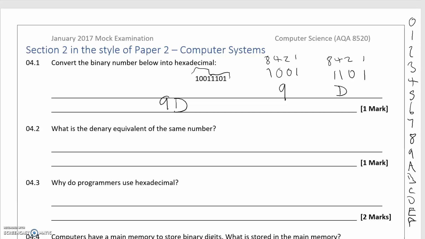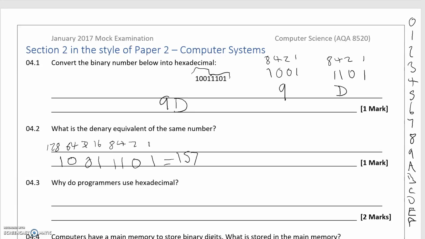Very simple. Now, what you can do for the second question in terms of the denary equivalent is you can either do the whole number 1001 1101 and put in the binary headings again 1, 2, 4, 8, 16, 32, 64, 128, and then add those up, which comes to